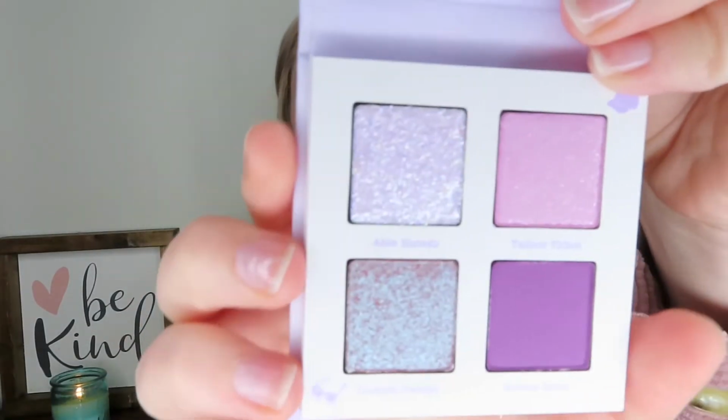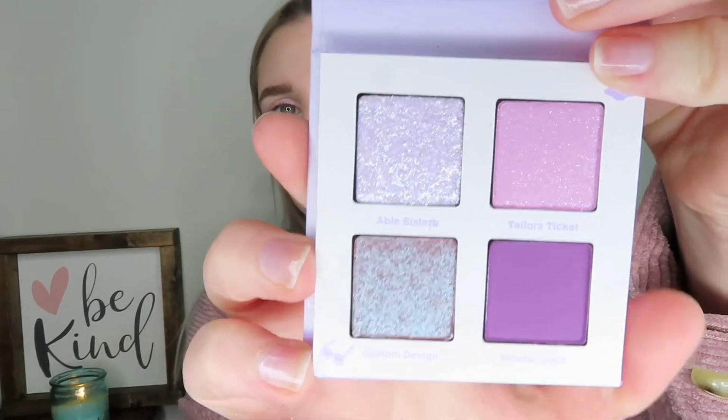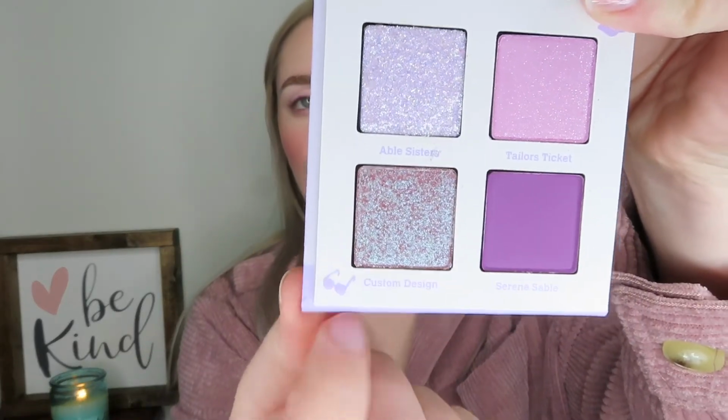This one is so cute. I think this one might be my favorite one. Just the more purpley tones, and then you have this really cool duochrome at the bottom. I think I'm going to use each palette, but I'm going to do one on each side. So I'll end up doing 4 looks, but just do 2 at one time so you guys can see all